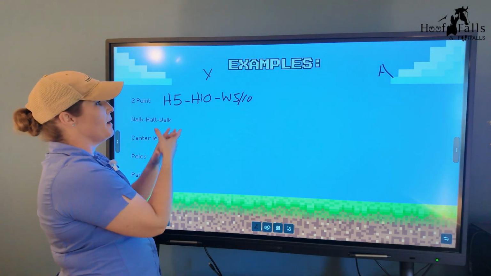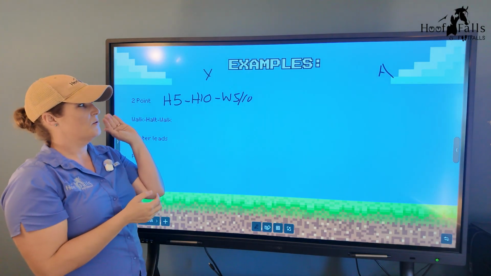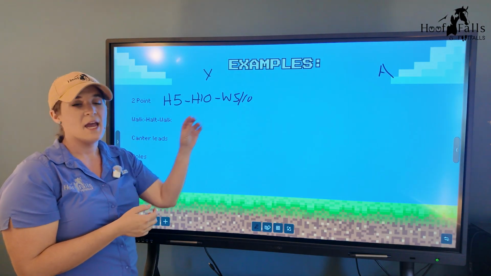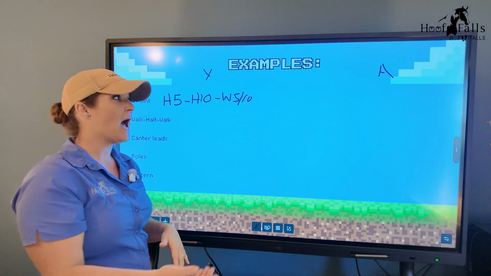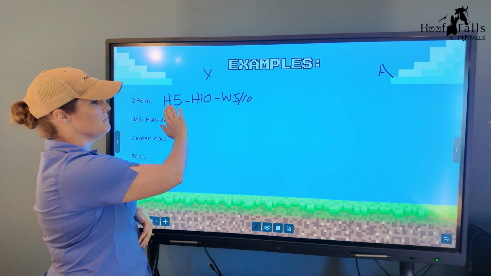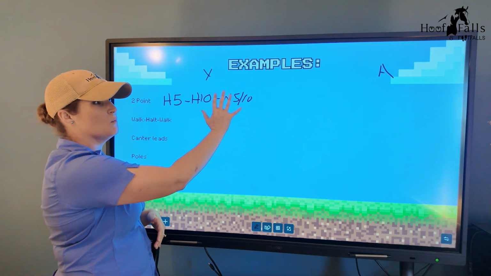But this is going to get that buy-in, and I can label this as level 1, level 2, level 3. And then I can even circle back during the next lesson that they're at, and maybe we don't start at level 1, but I ask them what level 2 was, and we start there.